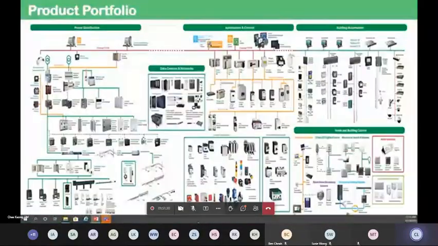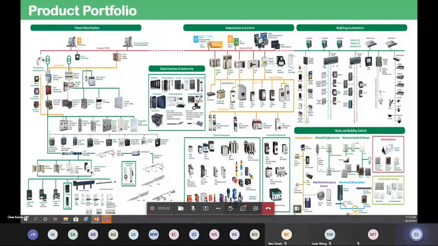Today in Schneider Electric, I'm just giving you a snapshot of the products we have. If any solutions architect you talk to goes directly into the product to share what the product can do for you, this is not what Schneider is all about. Schneider is all about solution. We have tons of products. What you are seeing is just the tip of the iceberg of what we can offer.